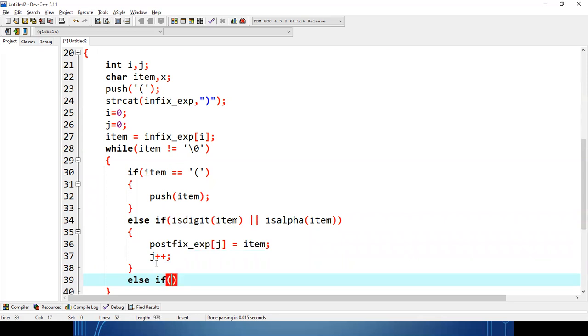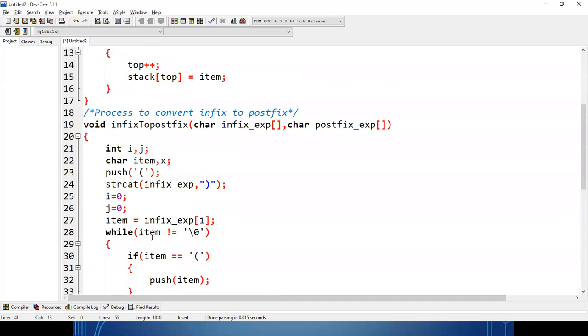Otherwise, if my item is an operator, how do I check? I'll write one user defined function to check whether the symbol I have encountered is an operator or not.